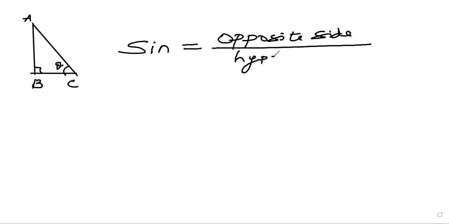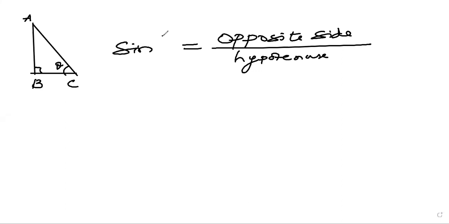So here the problem is, children, which opposite side, and opposite to what? Opposite side is always opposite to an angle. Hypotenuse is the side opposite to 90, a right angle. These trigonometrical ratios can be written only in a right angle triangle. See, opposite side of some angle, so either it can be angle A or angle C. Got it? So in place of the word sine, you can write sine of angle C or sine of angle B,